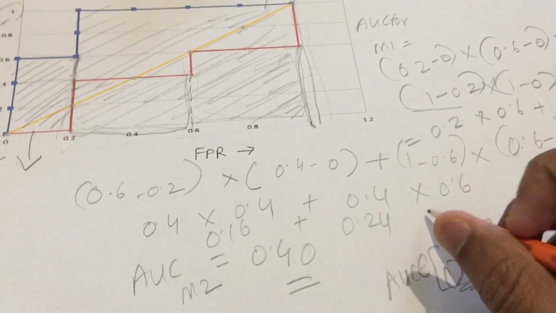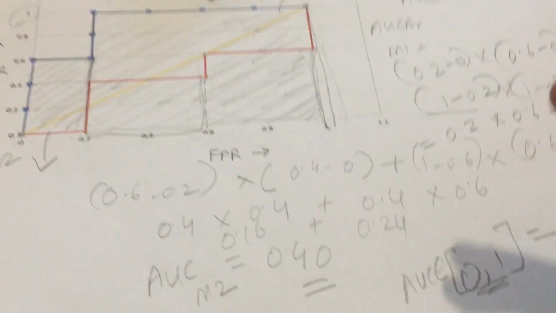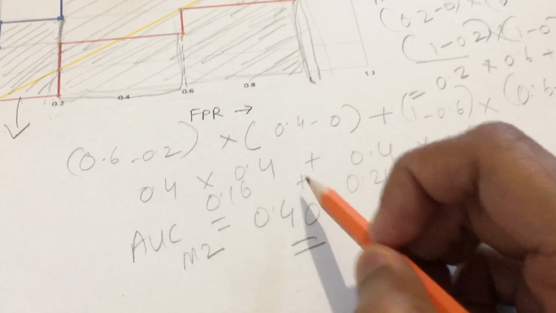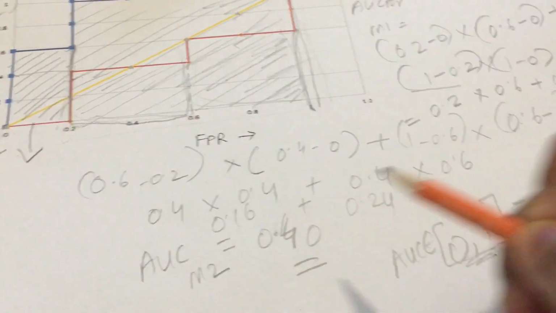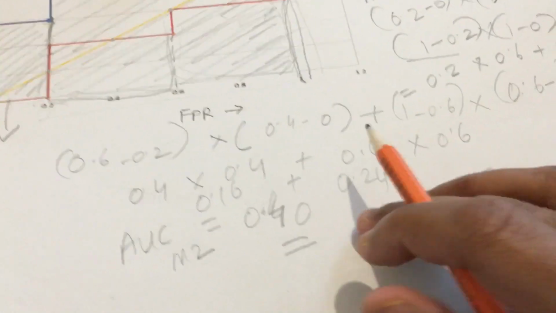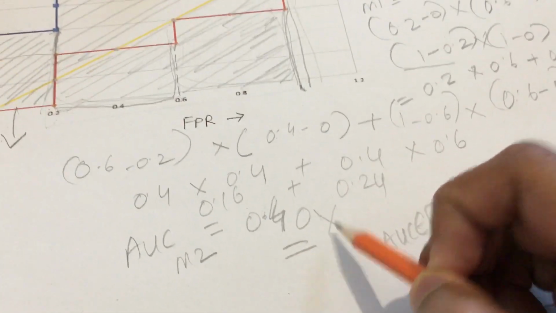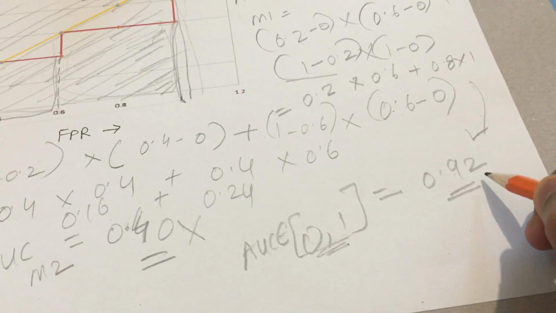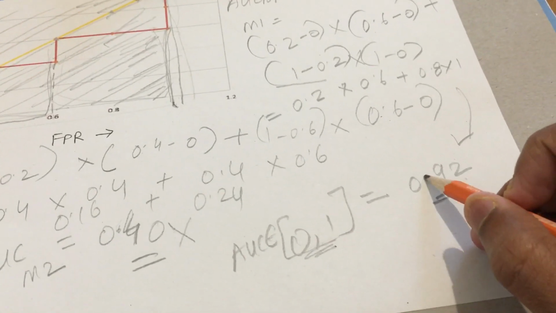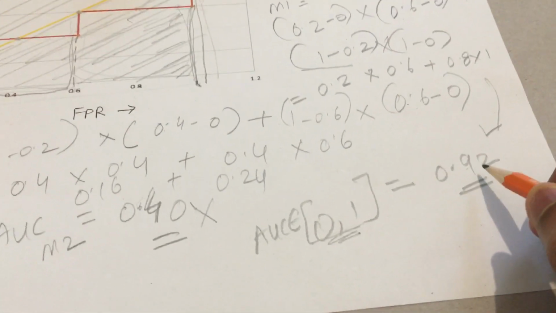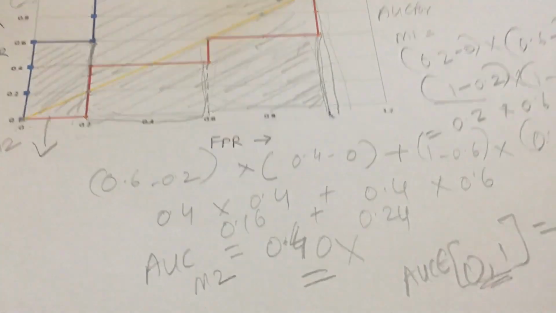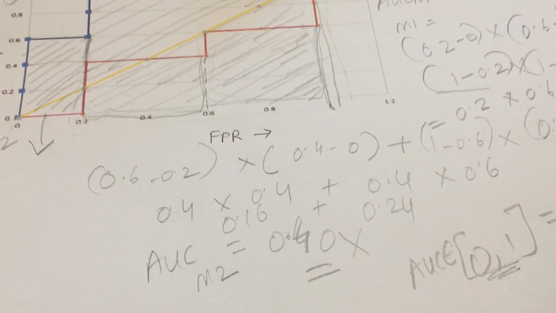It can vary anywhere in this domain, but a useful classifier should not fall below 0.5. Since we can see this one fell below 0.5, that is 0.4, it is not a good classifier. The other is near to 1, that is 0.92, so we say that this classifier is better than any other. This was all about solving a problem based on ROC and AUC analysis.